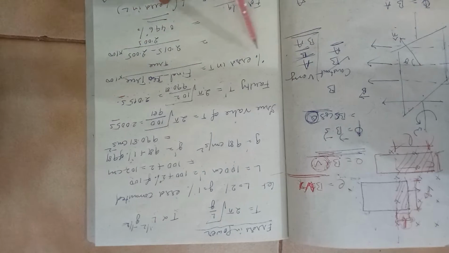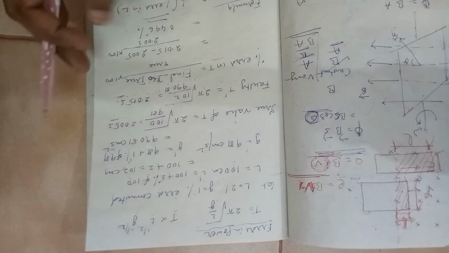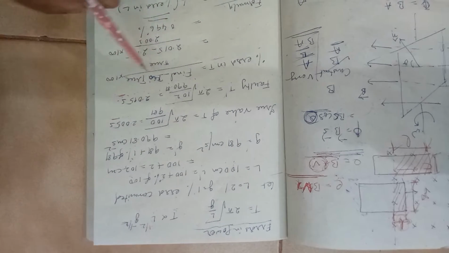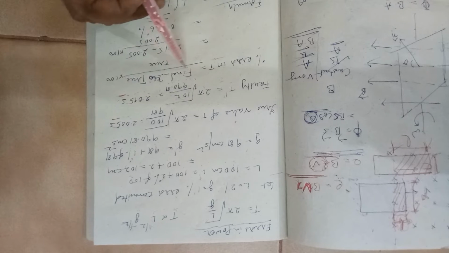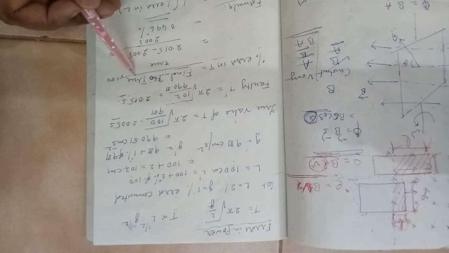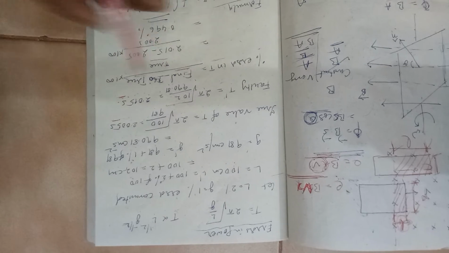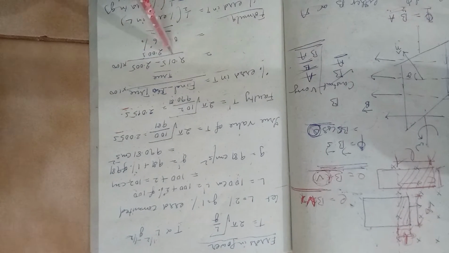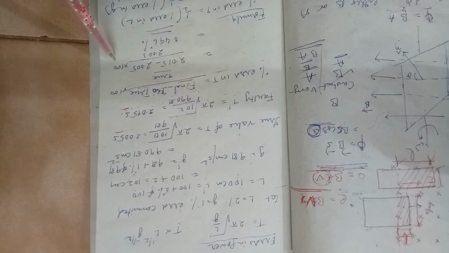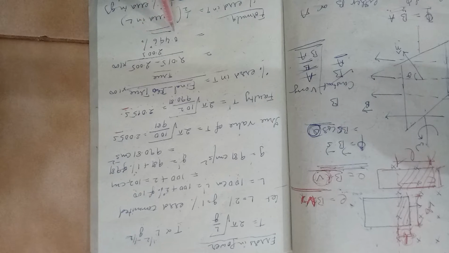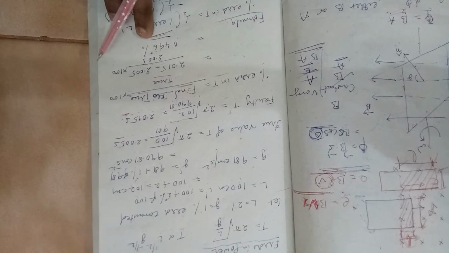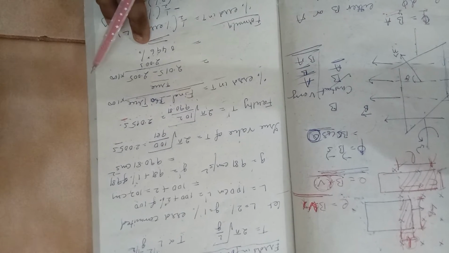So you can see that there is a percentage error in t. How do we get that? We get the final measured value minus true value divided by true value into 100. This is the formula. That is equal to 2.015 minus 2.005 divided by 2.005 into 100. So you are getting 0.496%. But there is a formula for this.